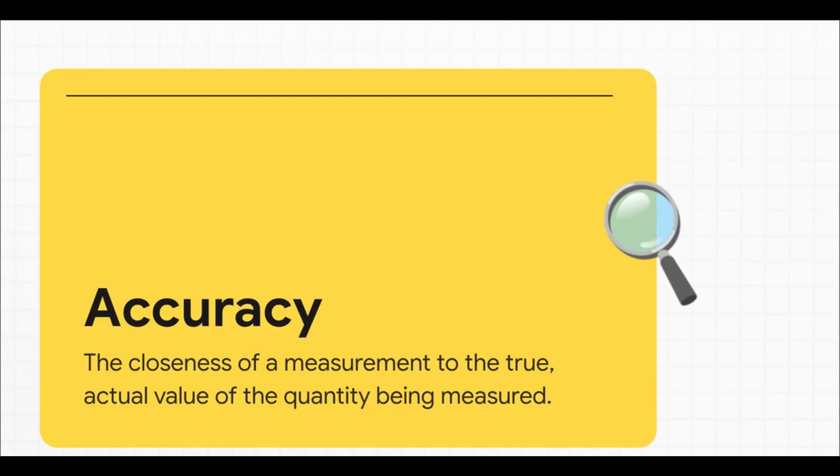The absolute bedrock of performance is accuracy. It's a really simple idea. How close is your answer to the real answer? If it's truly 20 degrees outside and your thermometer says 20.1, hey, that's pretty accurate. If it says 25, not so much. This is the whole point of measuring in the first place, getting close to the truth.